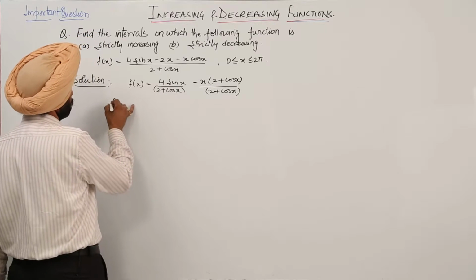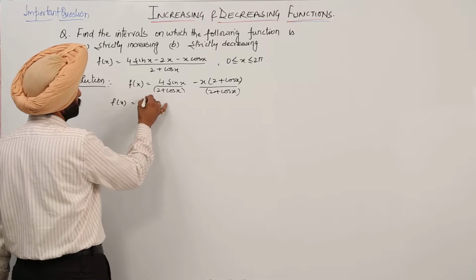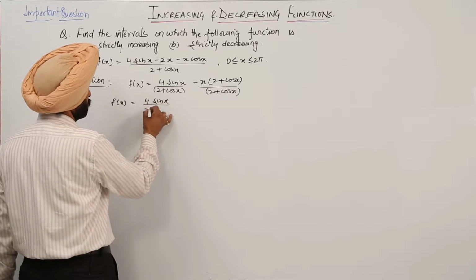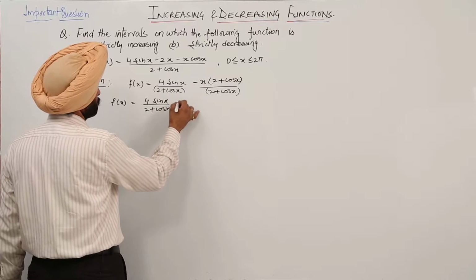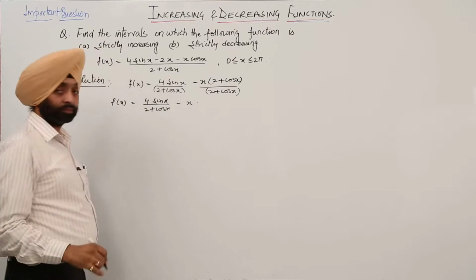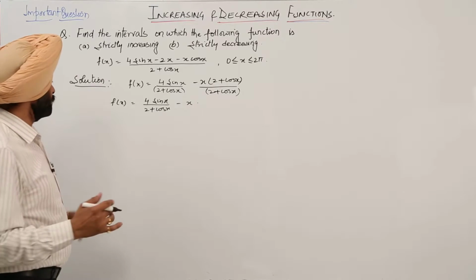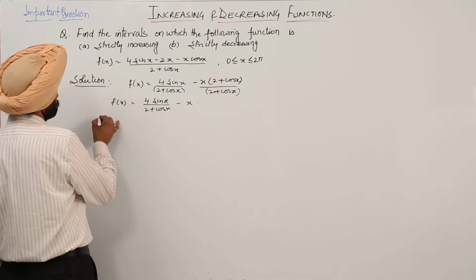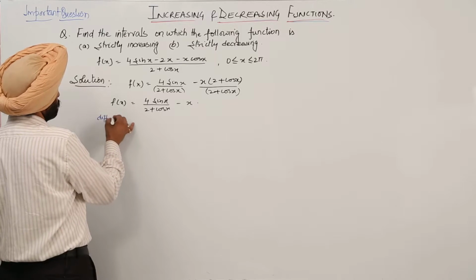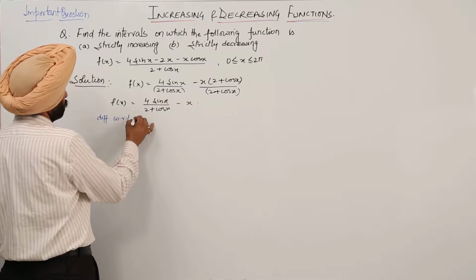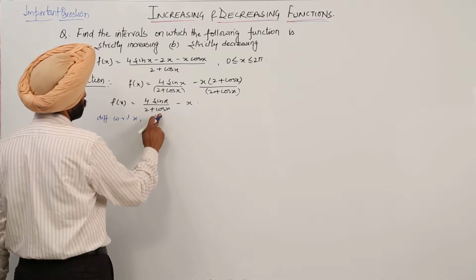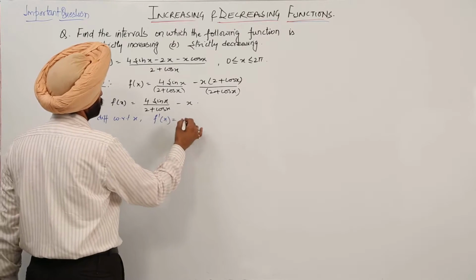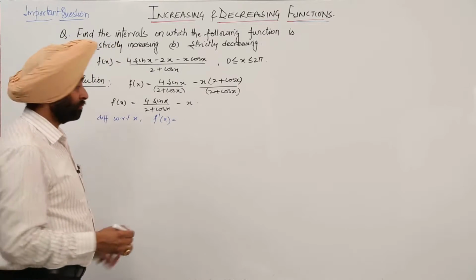So we now have f(x) is equal to 4 sin x upon 2 plus cos x minus x. Now it will become very easy. Now differentiating with respect to x, f'(x) is equal to, applying the quotient rule for the first part,